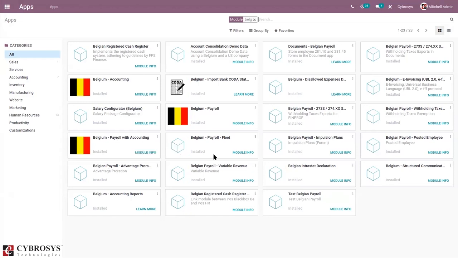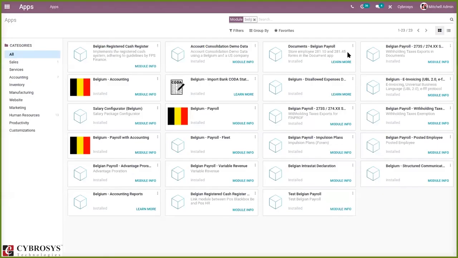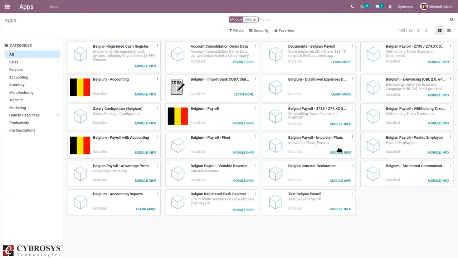Okay, so we have discussed salary configurator and advantage proration. Then we have another module, Belgian payroll impulsion plans, that provides impulsion plans, that is forms. This one is a legal form, a legal text which can be published in the Belgian official gazette.